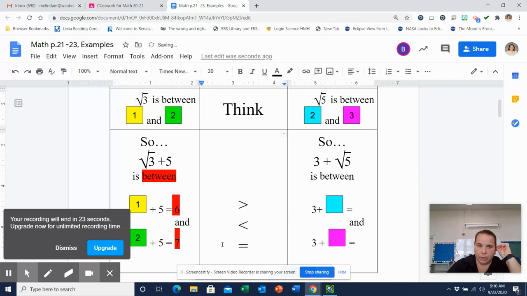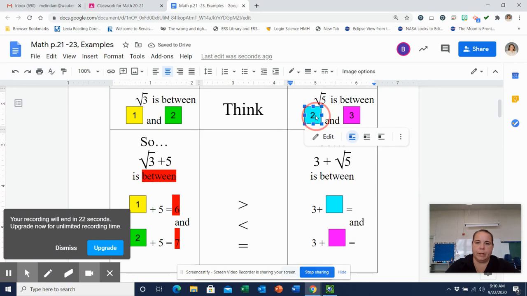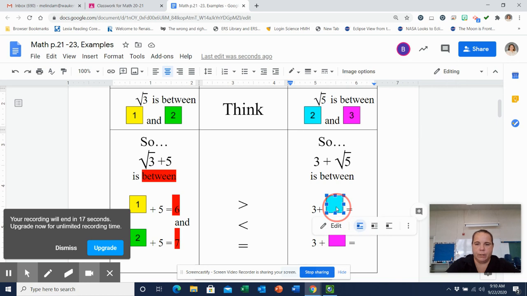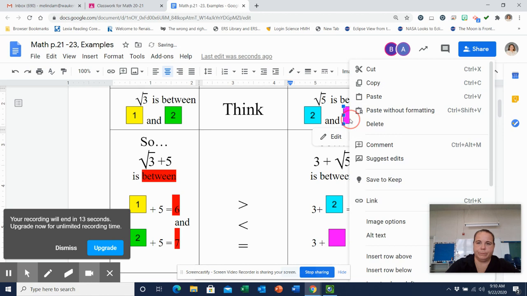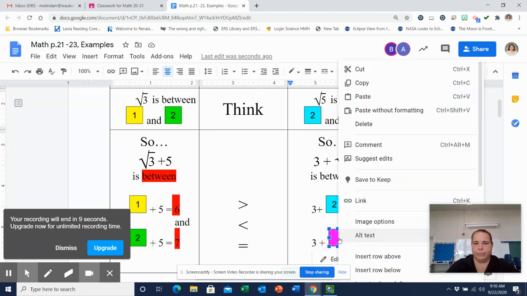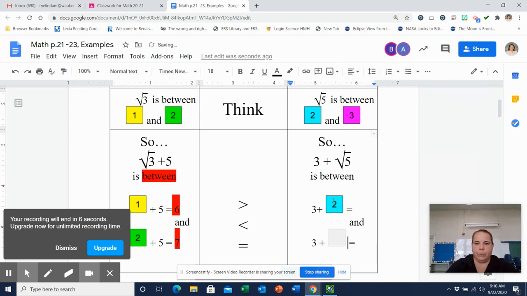Okay. Now we can do the same thing here. We know the square root of 5 is between 2 and 3. And so that means that 3 plus the square root of 5 is going to be between 5 and